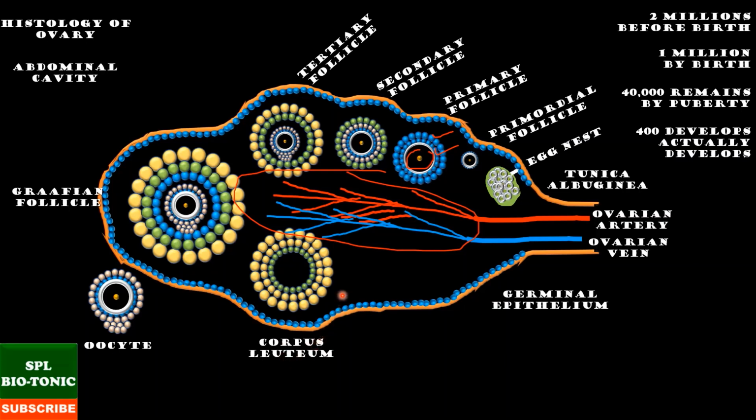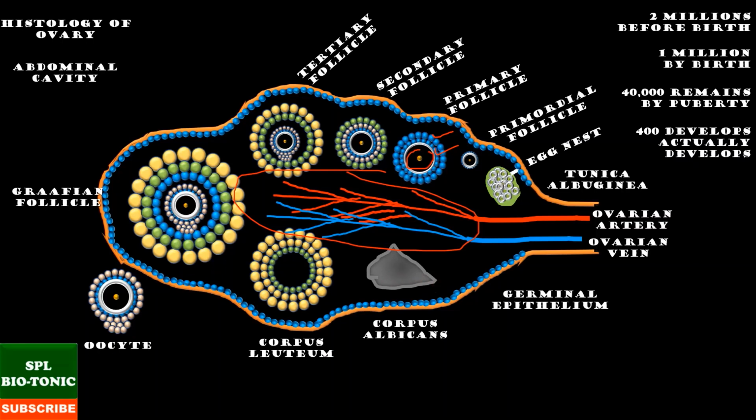Students, if secondary oocyte is fertilized, then it shows embryogenesis. In that case, corpus luteum persists for entire pregnancy period. If fertilization fails, then corpus luteum gets converted into corpus albicans. This corpus albicans remains in the cortex as a white scar forever.